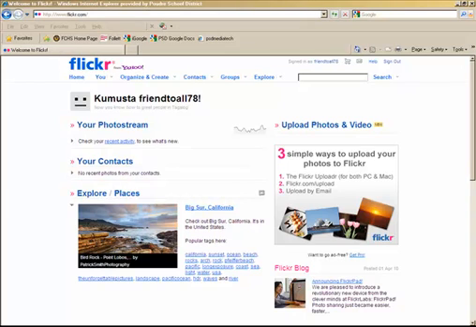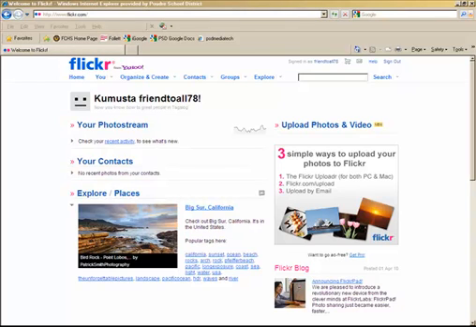This is another tutorial in a series about the potential educational uses of Flickr.com, and this particular tutorial is going to cover how students can curate a gallery of other people's photographs that have been uploaded to Flickr, given a particular topic that you've assigned them. So they won't be taking these pictures themselves, but rather looking through the hundreds of millions of photographs that have been collected on Flickr by people all over the world